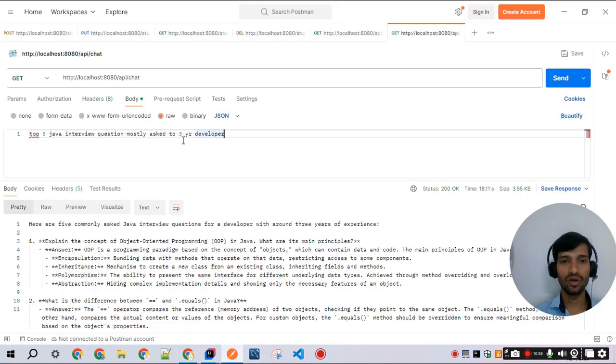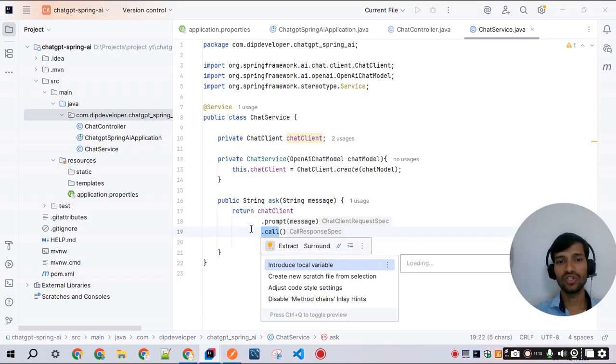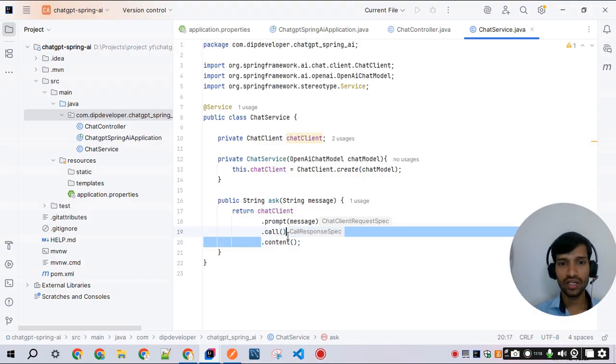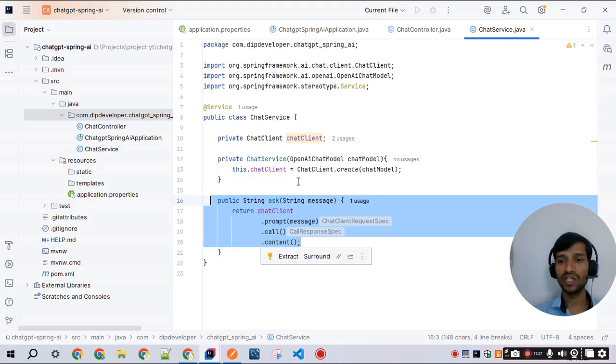So what is that prompt? Any prompt which the user is giving. After the prompt is passed, the dot prompt function is called, and we are passing this message. After passing the message, we are calling this client, and whatever the response is, we use the dot content method to get the response, and it is returned as a string. So it is just simple logic to get the response when the request type or the prompt is